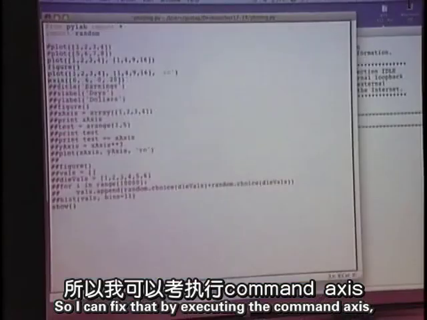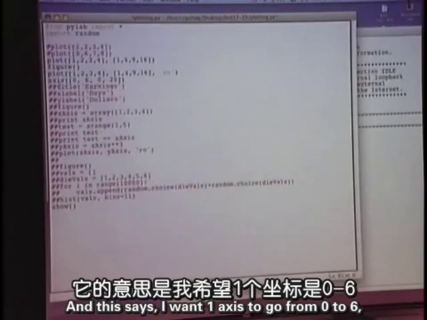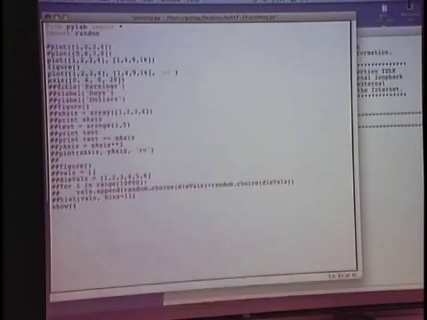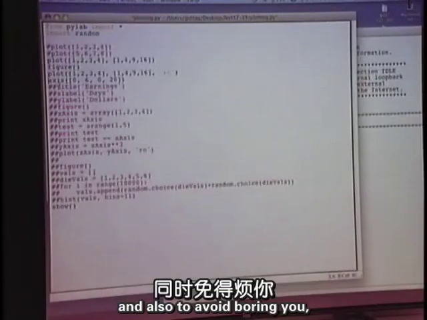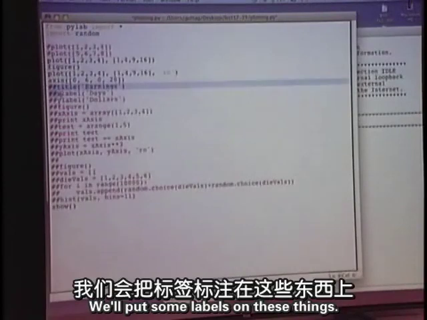By executing the command axis, which tells it how far I want it to be. And this says I want one axis to go from 0 to 6 and the other 0 to 20. We'll do that, and also to avoid boring you, we'll do more at the same time. We'll put some labels on these things.